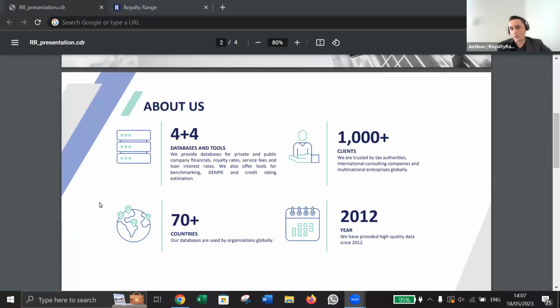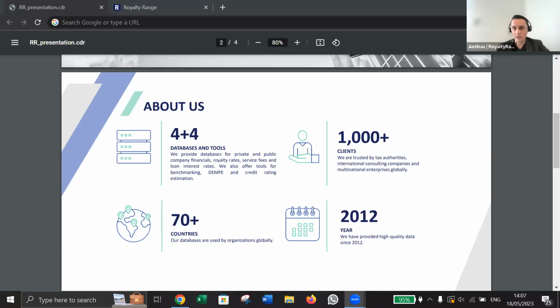So Royalty Range is a transfer pricing database provider. We have a number of databases, like company financial statements for TNMM analysis, service fees, loan interests, and of course royalty rates. And we work with more than 1,000 clients in more than 70 countries, tax administrations, consulting